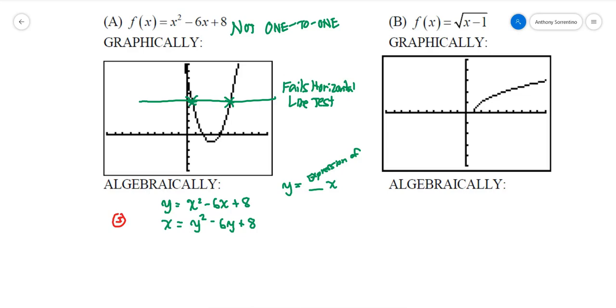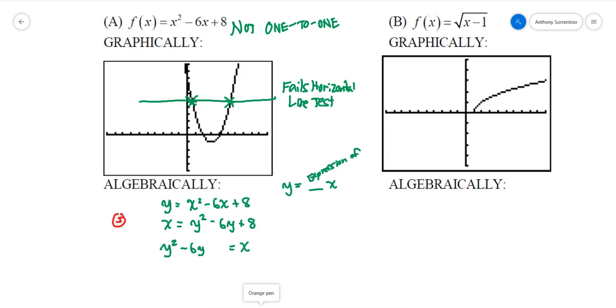Now, I don't have it set equal to 0. So I kind of lose my ability to use the quadratic formula. And I kind of lose my ability to use factoring, because those only work when I have it set equal to 0. So for me to do this, the only way for me to possibly solve this and get y equals something in terms of x, I have to use completing the square. So what I'm going to do is subtract the 8 from both sides,